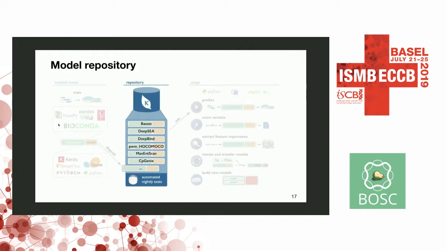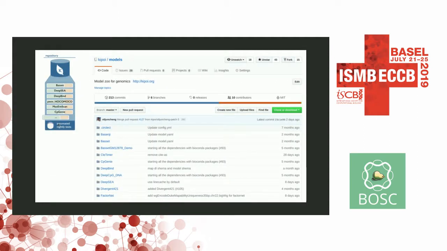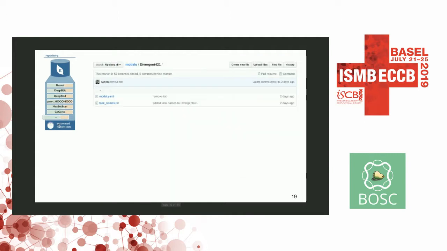Now, a bit more on the repository itself. Kipoi is essentially a GitHub repository in which each of the models is organized as a subfolder. And then, if you have a very standard model which uses Kipoi's data loader, then you only have to provide this YML file, and that's enough. If your data loaders are more complicated, you need to also provide them, and they would show up in your